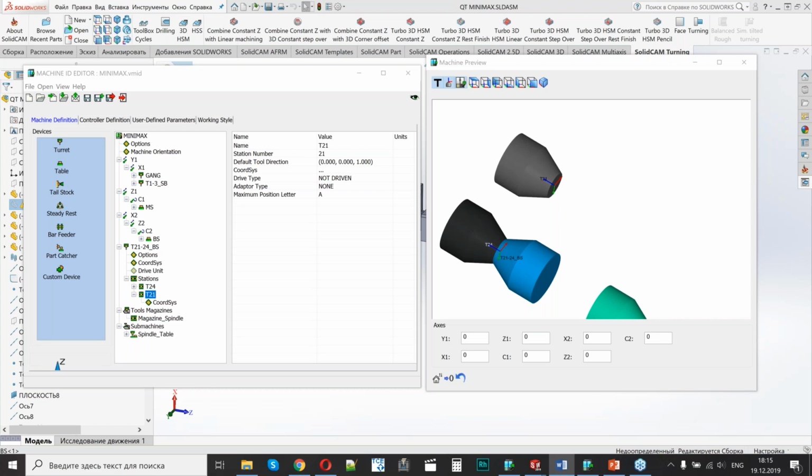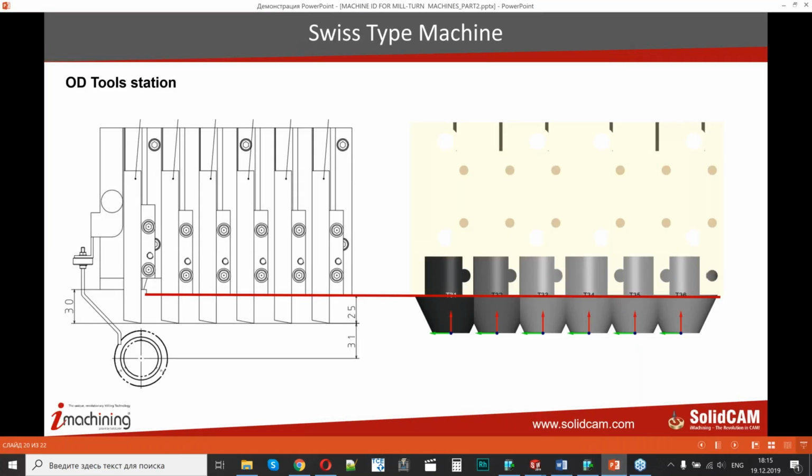In addition, I would like to add a couple of comments about choosing station position for Swiss type machines. Let me go back to the presentation. On the left side of the slide, you can see a picture from a machine manual. And this is something that you will not find for other machine types. It is a strong recommendation from the machine supplier how OD tools should be set up. It shows us that each tool beside the cutoff tool, which is the left one, should have an overhang equal to 25